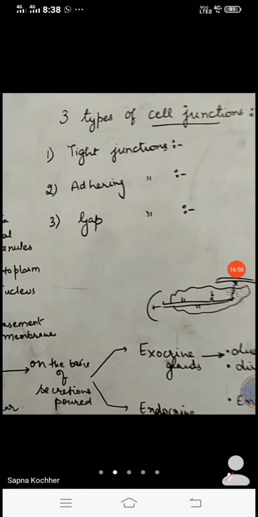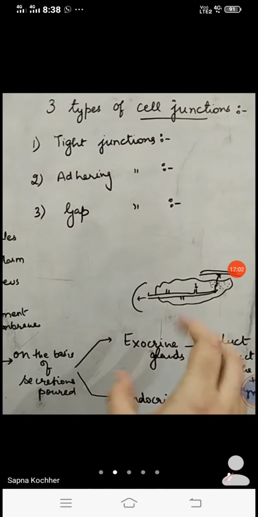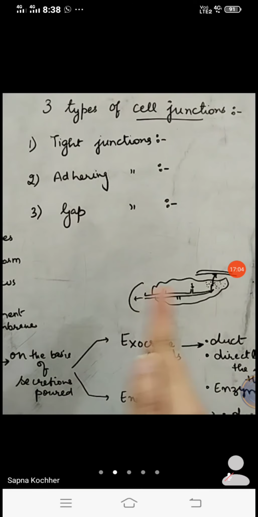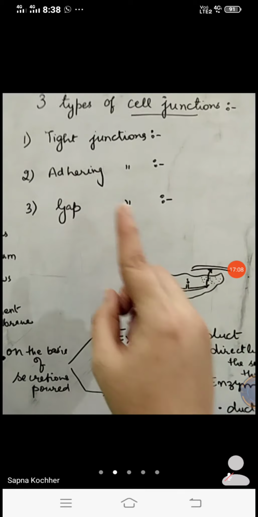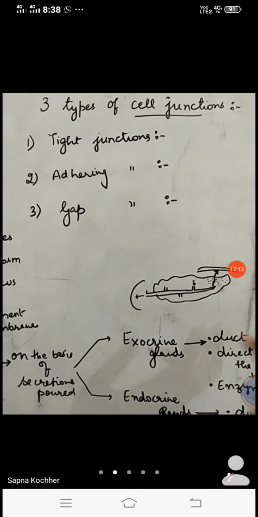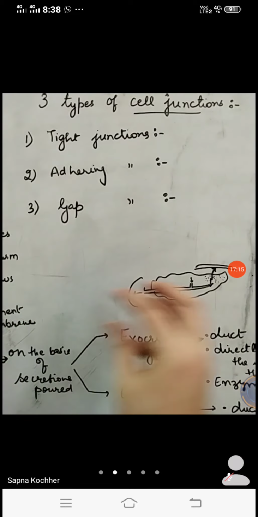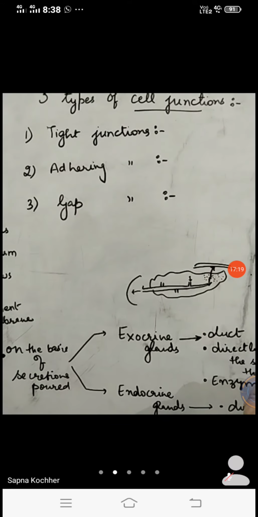Adhering junctions are the ones that help to adhere. Adhere means to cement, that is, to join things. The cell's internal medium is also joined through the adhering junctions. Neighboring cells can be kept together as adhered ones. Because of these junctions, the second junction is called the adhering junction.